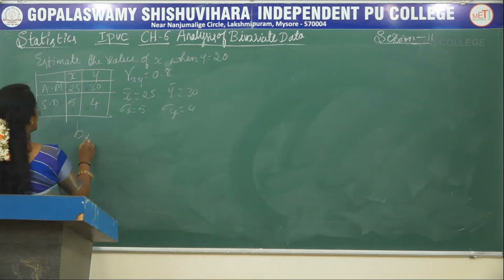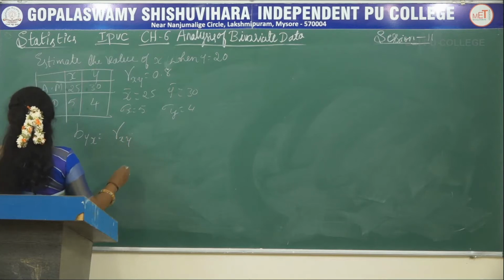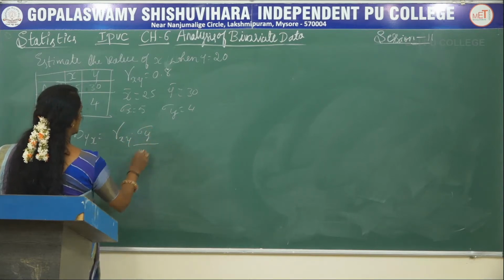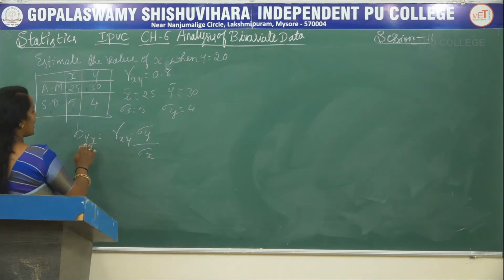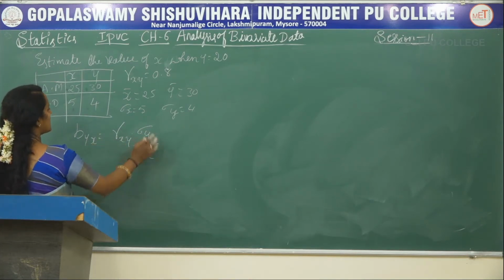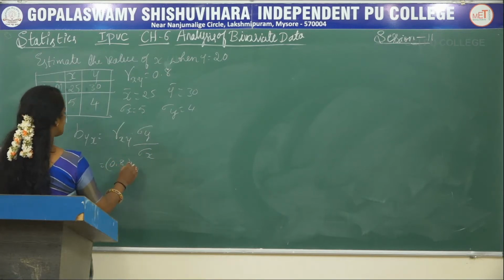So b of yx is equal to correlation coefficient r of xy into sigma y divided by sigma x. Since this is b of yx, y and x, and this is in the ratio y by x only. So this is 0.8 into